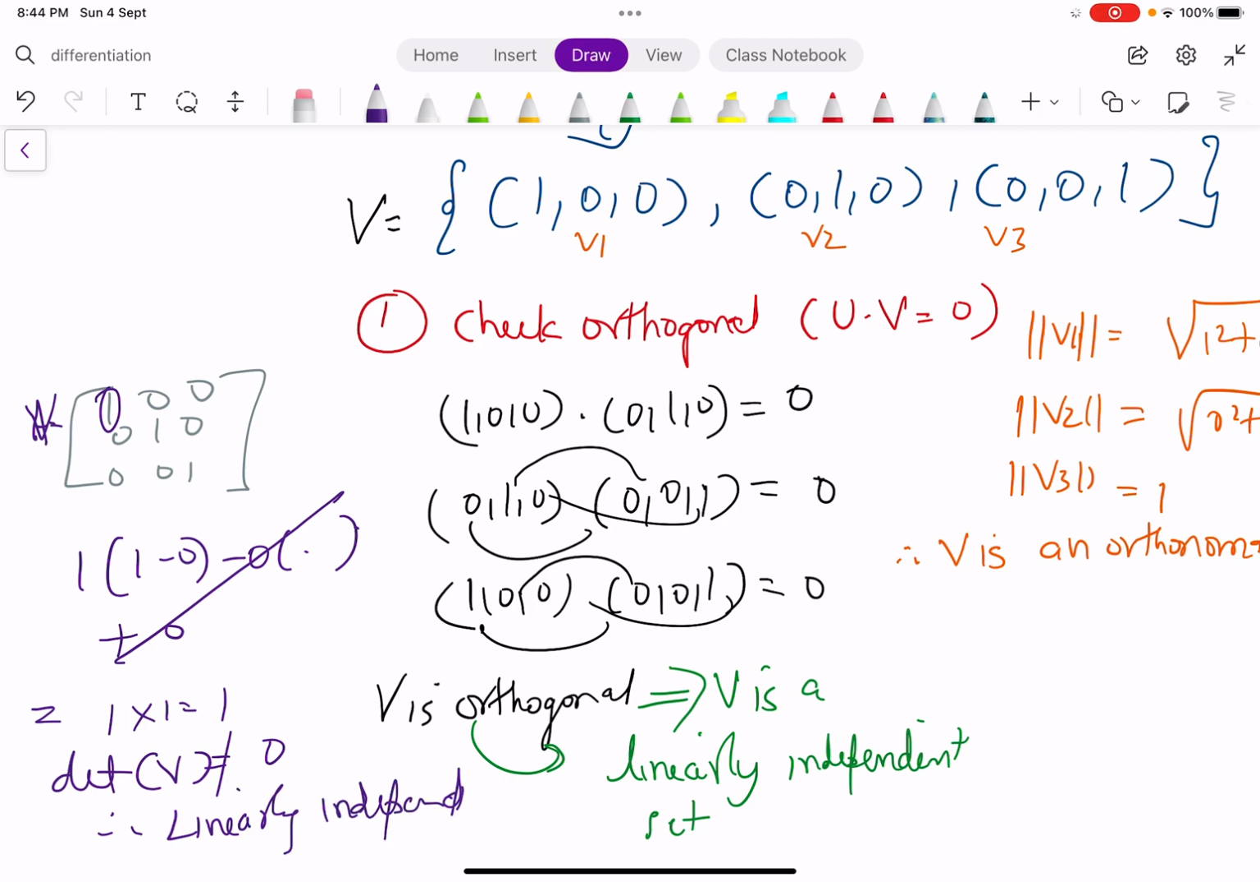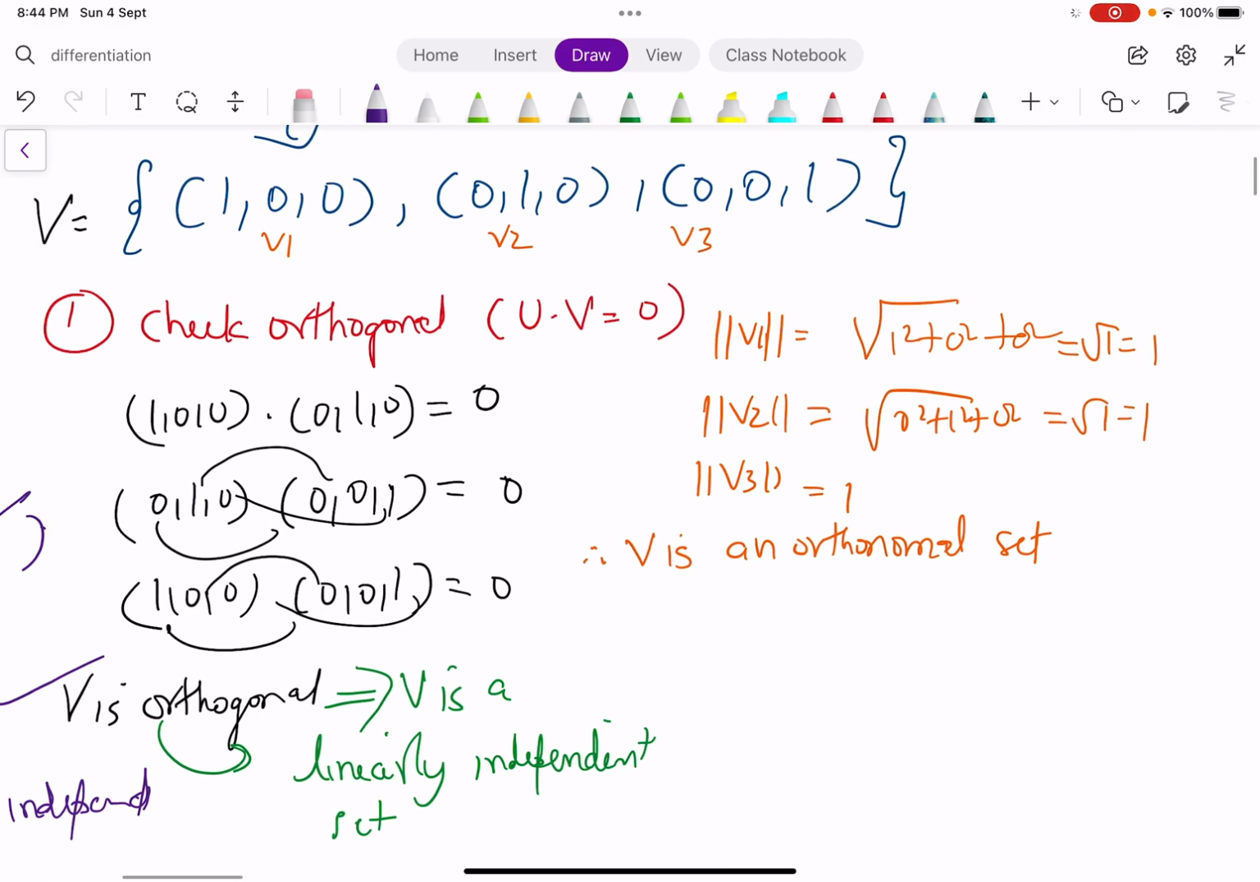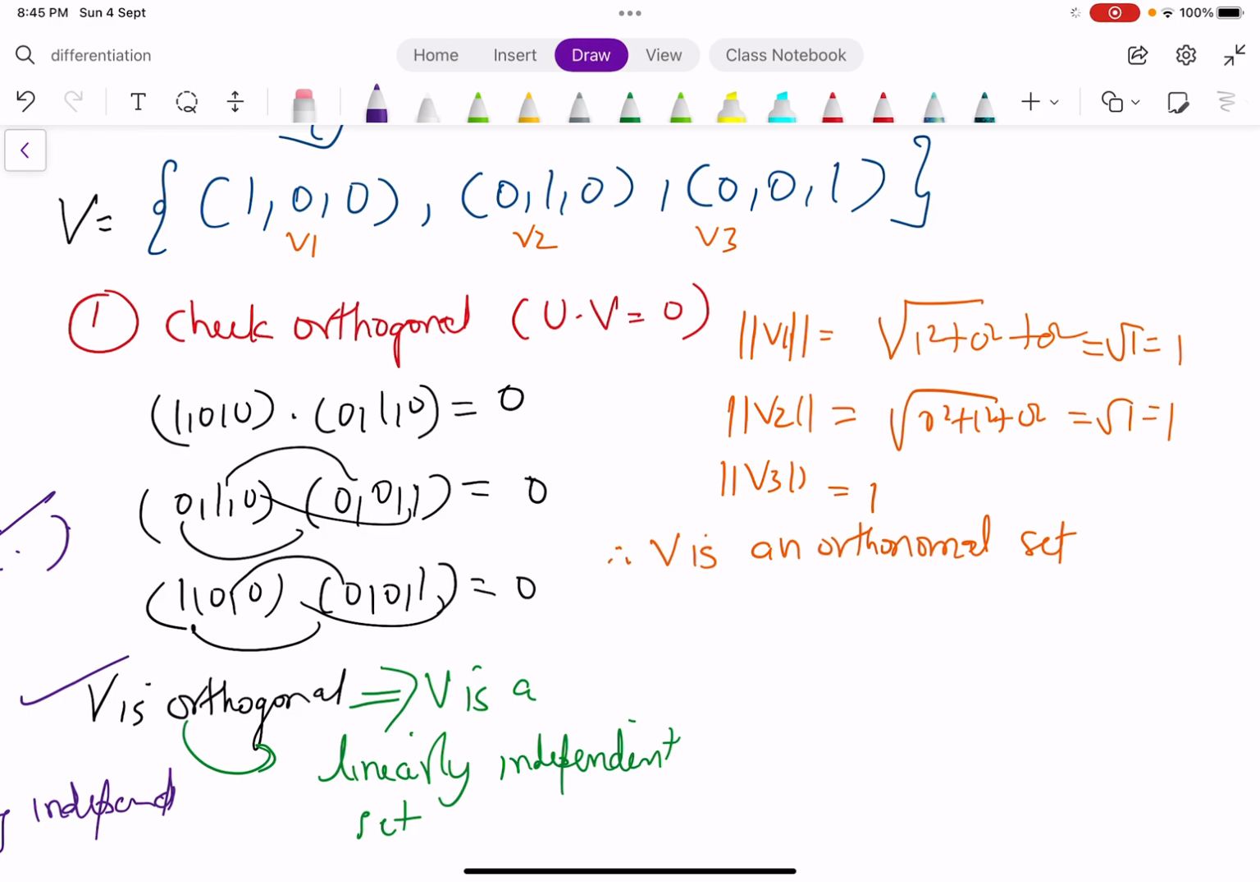But this is shortened by this theorem. If it's orthogonal, you don't have to check the linear independence here. It is implied already. So this is a maximum linearly independent set. How can I say this is maximum? This is maximum linearly independent because if you have 4 vectors, if you add another vector, say 0, 1, 1,